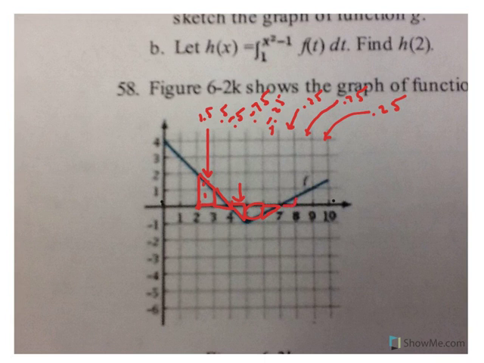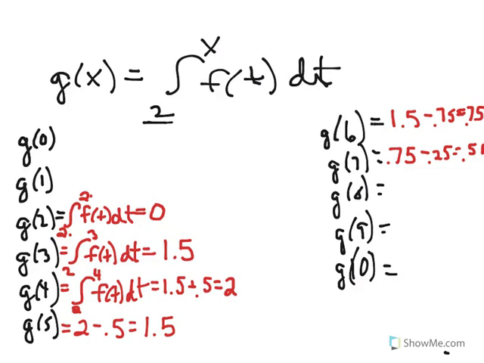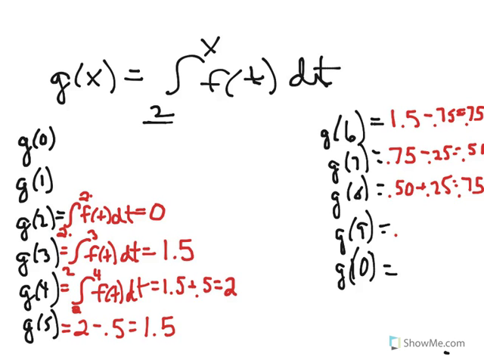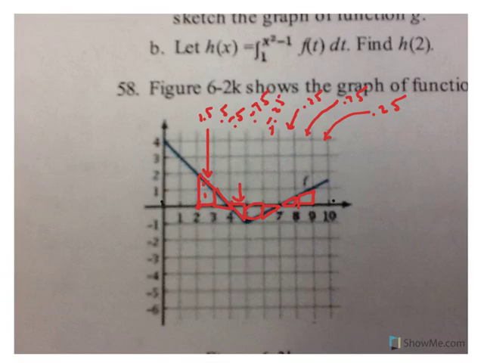Now I'm going between 7 and 8. Looks like I'm adding a quarter on, so it's going to be 0.50 plus 0.25 equals 0.75. I'll circle all these when I'm done. G of 9 looks like about 0.75, so I'm at 0.75 plus 0.75, 75 cents plus 75 cents is 1.5. And my last one is going to be 1.5. Oh, wrong way, boss. Sorry. Plus another, ooh, I almost messed that up. Plus another